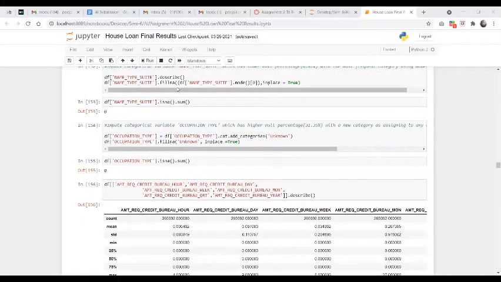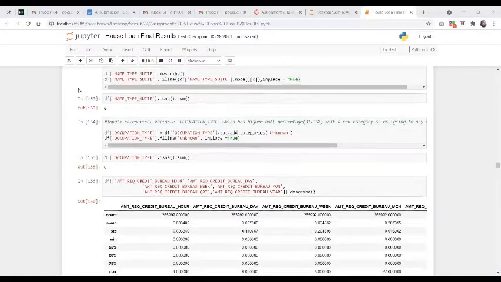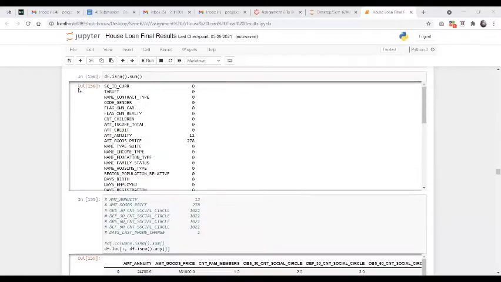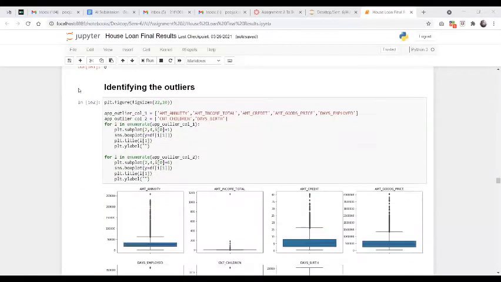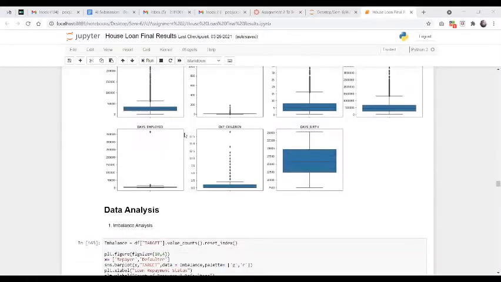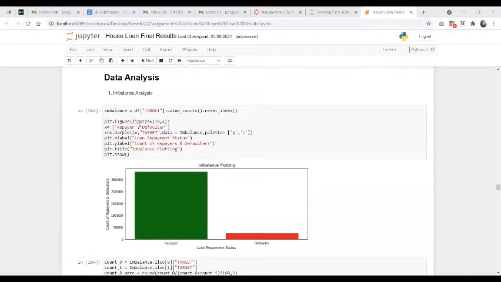Fillna method is basically filling all the null values. Next, we go to identifying the outliers. So basically this code is to understand, as you can see, some outliers here. Next, data analysis, in which we see the imbalance data analysis.